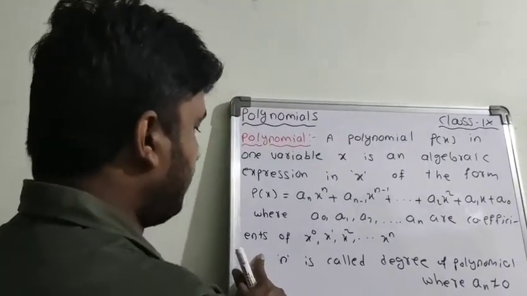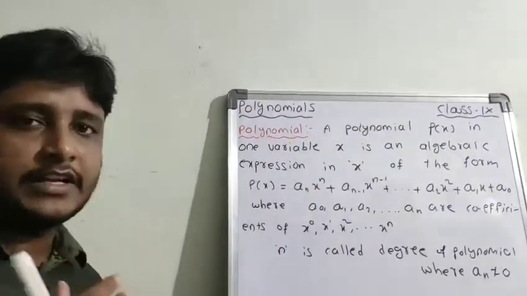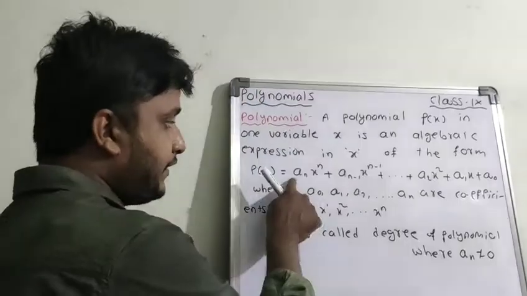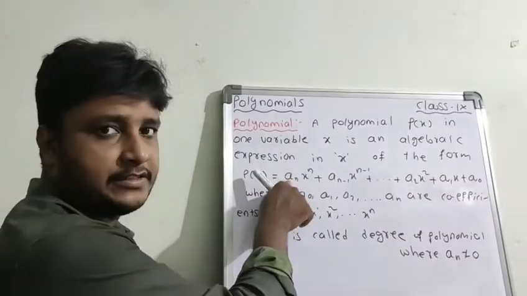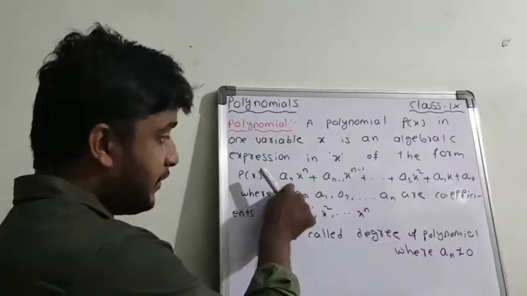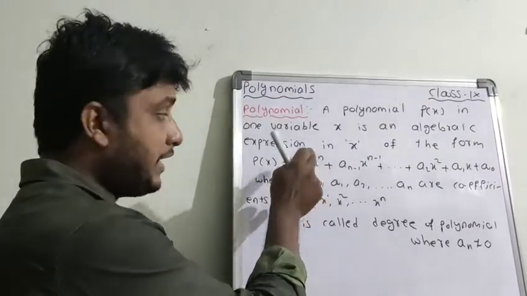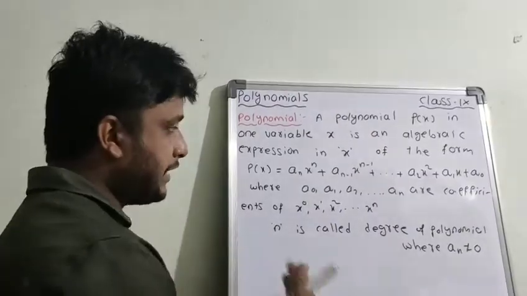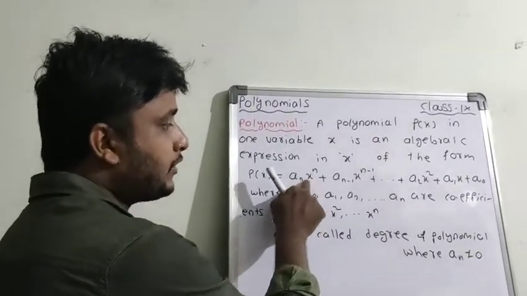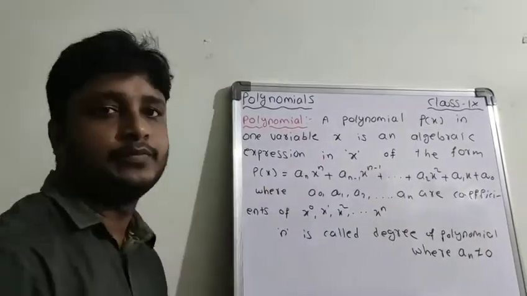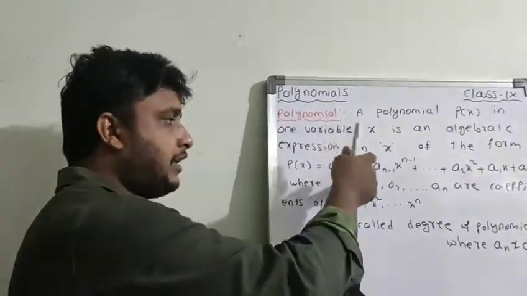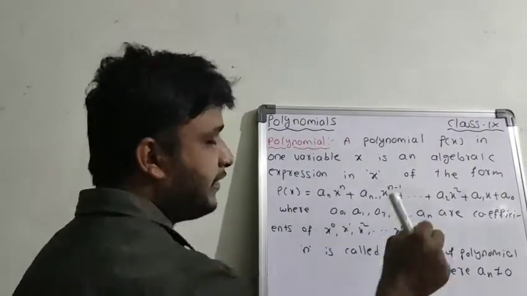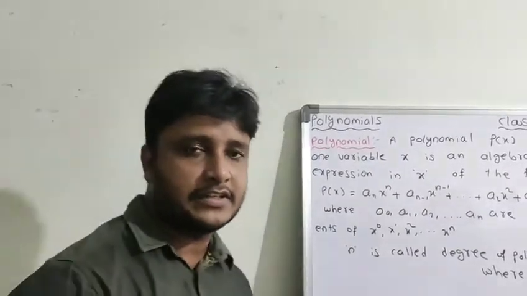So next, what is n? N is called the degree of the polynomial, where an is not equal to 0. Real numbers in the sense 0 also we can use, but in the place of an you should not take 0. If you take 0, then it is not an nth degree polynomial, it is an n minus 1th degree polynomial. So to say nth degree polynomial, that coefficient should not be equal to 0. If it is equal to 0, this term will be eliminated. Okay, and a n x power n, a n minus 1 x power n minus 1, each and everything are called terms. We just now discussed the definition of terms.